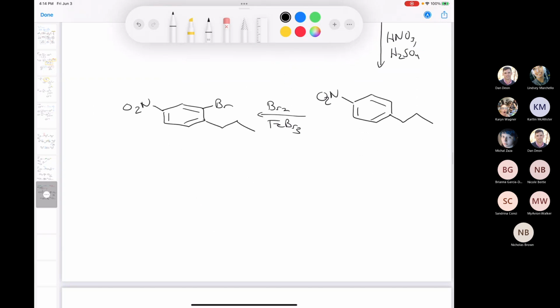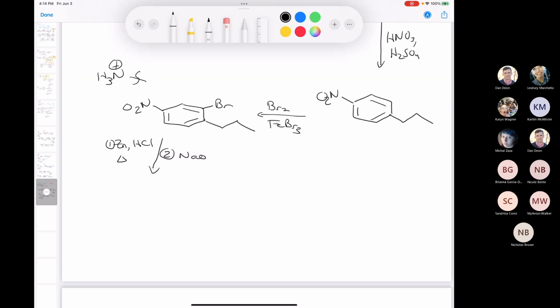And then the very last step, we can do our reduction, followed by our aqueous workup. Step 1 is going to be zinc and HCl. We can heat that. And then the second step, since that would produce aniline, right, that would give you NH3 plus after the first step. So then you need to treat that with sodium hydroxide, and that rips off the proton to give you our desired product. So we have our propyl group, we have our bromine, and we have our amine, just like that,